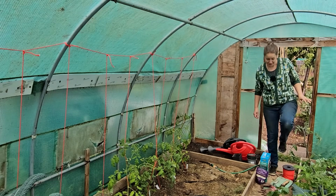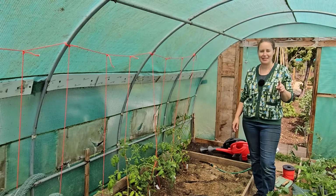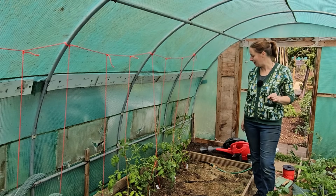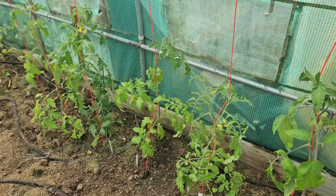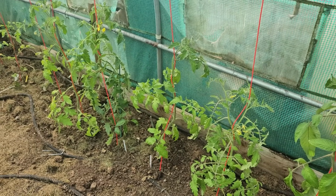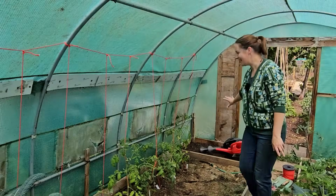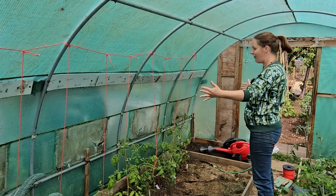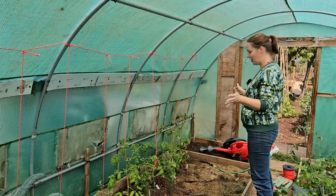Now, there's actually quite a lot that's exciting in this polytunnel, and I'll perhaps get to that towards the end. We can go full circle around the plot. But the thing I really wanted to show you was this. The tomatoes are in. Well, there are 1, 2, 3, 4, 5, 6, 7, 8 tomatoes in down what I guess is half this space of the length of the polytunnel. So if I think I've got 8 there,